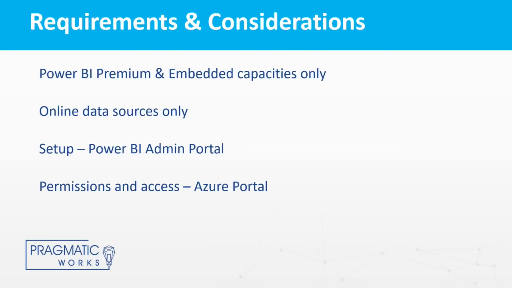And basically you just have to make sure that you've turned on these features inside of the admin portal. Basically everything that you can do in the Power BI service in the admin portal, there are switches to turn things off and to turn things on. Now this last item, permission and access to the Azure portal, basically coincides with what we talked about with